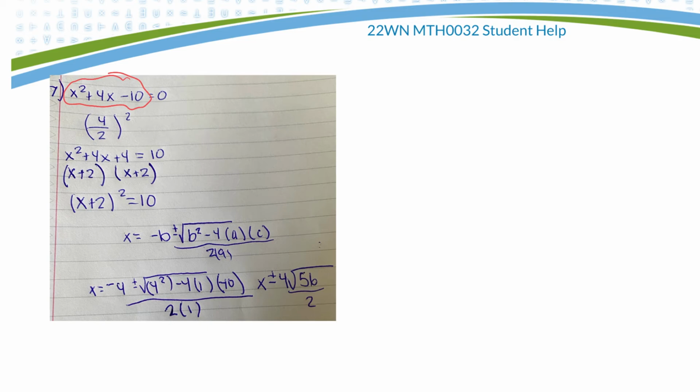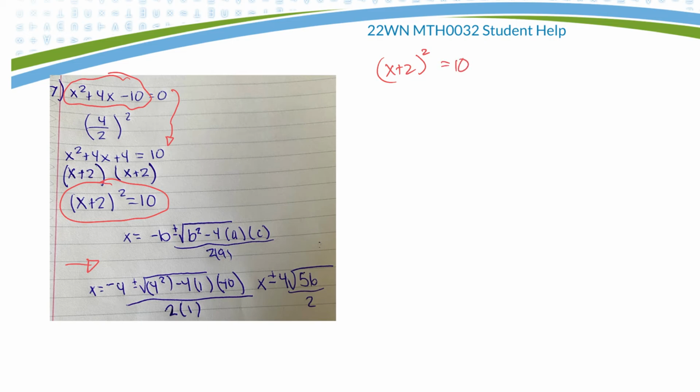So this one here, what you started to do was completing the square, which you can do, and I'll show you both ways. So you come up with this right here, and that's good. Let me finish off that, then let me look at your quadratic formula. So if I have x plus 2 all squared is equal to 10,